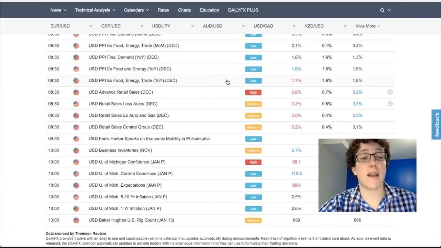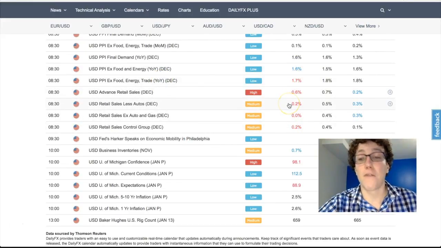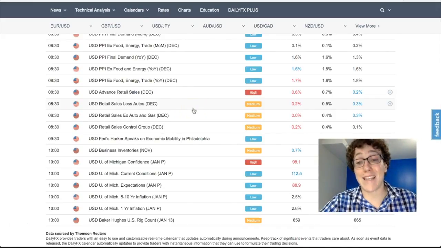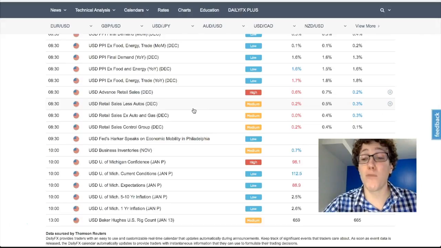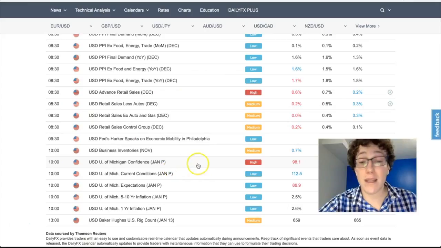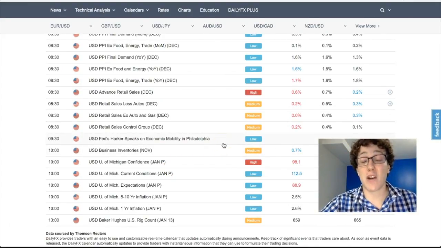So this is last Friday, and you will see that there is a ton of news starting right here that is all negative. Negative, you can see, is red for the US dollar. The low news events don't really affect it too much, but this high followed by multiple mediums, if they're all negative or all positive, it's usually going to be a strong movement in the market in a given direction. Since these are all negative, including this high news event down here, that means the US dollar is momentarily going to lose a significant amount of value. This is just simple fundamental trading.